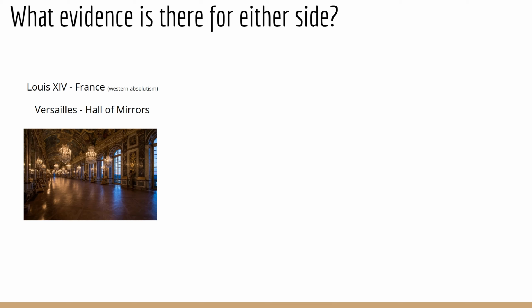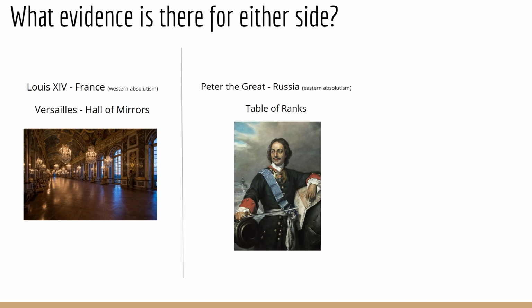Next up, here are three examples of evidence that you can use. One evidence is Versailles of France, or more specifically, the Hall of Mirrors. Versailles is a city built by Louis XIV that is intended to be a trap for all French nobilities. And in Versailles, through overwhelming the nobles with entertainment, Louis was able to convince them to move away from their home and submit their authority to the crown, and therefore helping Louis to grant all his power to achieve his single rule over France.